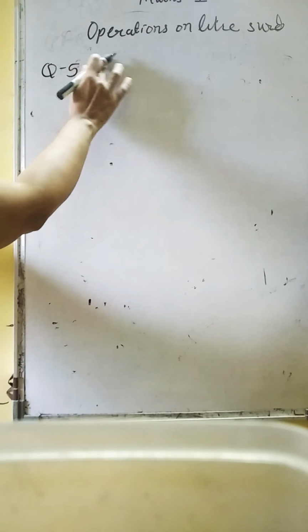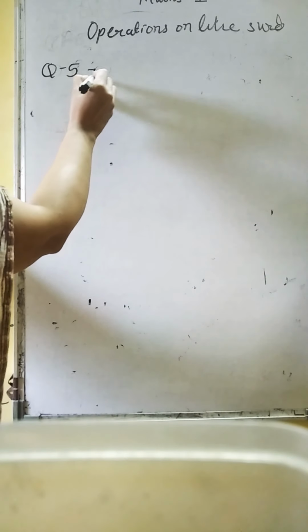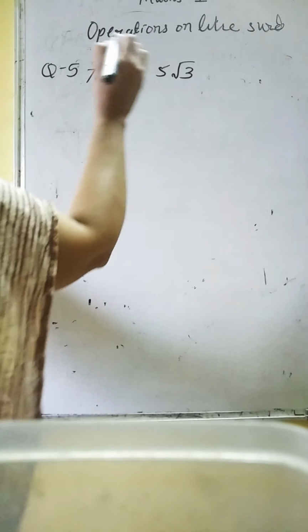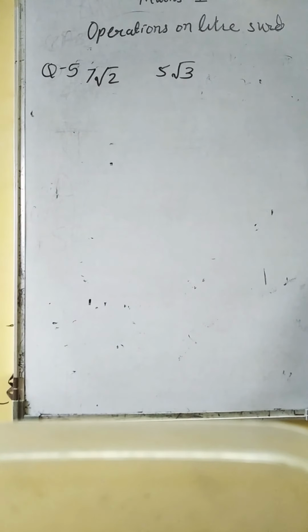Question number 5, which talks about the comparison. So let us take very first example, 7 root 2 and 5 root 3. Now children, as we are still not knowing much value about the irrational number, what is the value of root 2, what is the value of root 3 exactly, as it is irrational number, endless division है, तो अब इसमें से कौन सा बड़ा होगा, 7 इंटू रूट 2 बड़ा होगा कि 5 इंटू रूट 3 बड़ा होगा, becomes a question. So how to solve it?